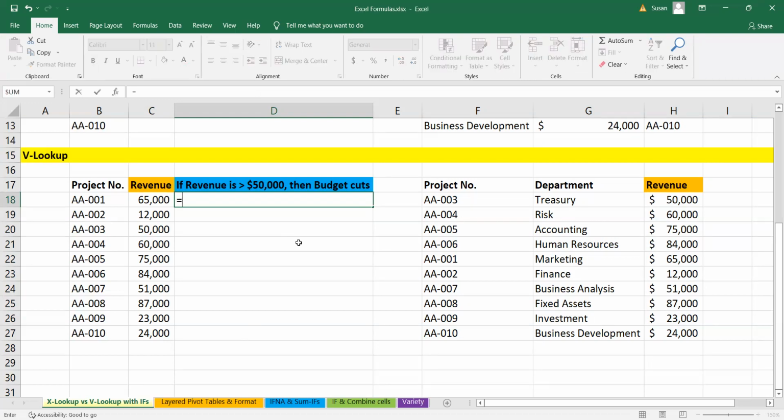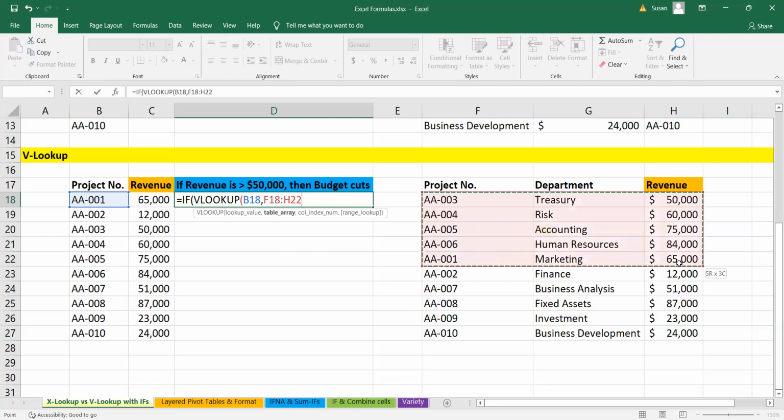So we're going to do equals IF. So what we're trying to do is look up the revenue. Same thing, if VLOOKUP, our lookup value is the project number,